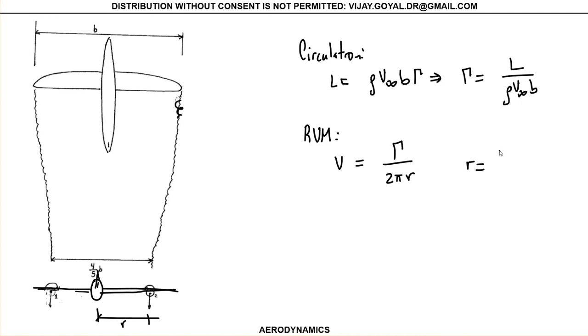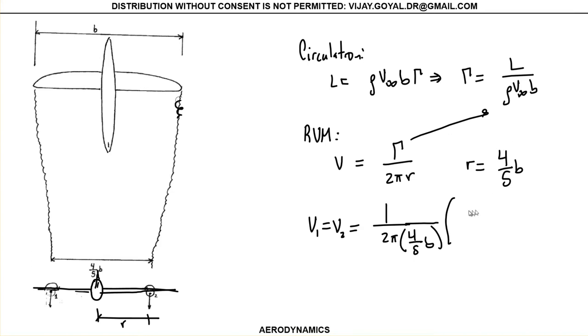So r will be 4 over 5 times b. Your gamma is given by this equation. So your velocity at 1 and velocity at 2, which will be the same, will be, if I do a little bit of mathematics and replace everything, 1 over 2 pi times 4 over 5 b,